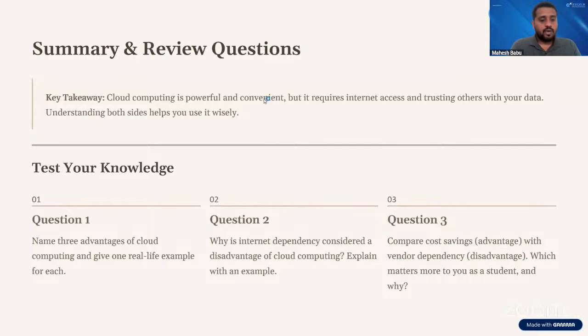Name three advantages of cloud computing. At least I request participants to give one advantage each, because if you give one advantage, obviously we are able to access it and even manage it as well. Okay, scalable.